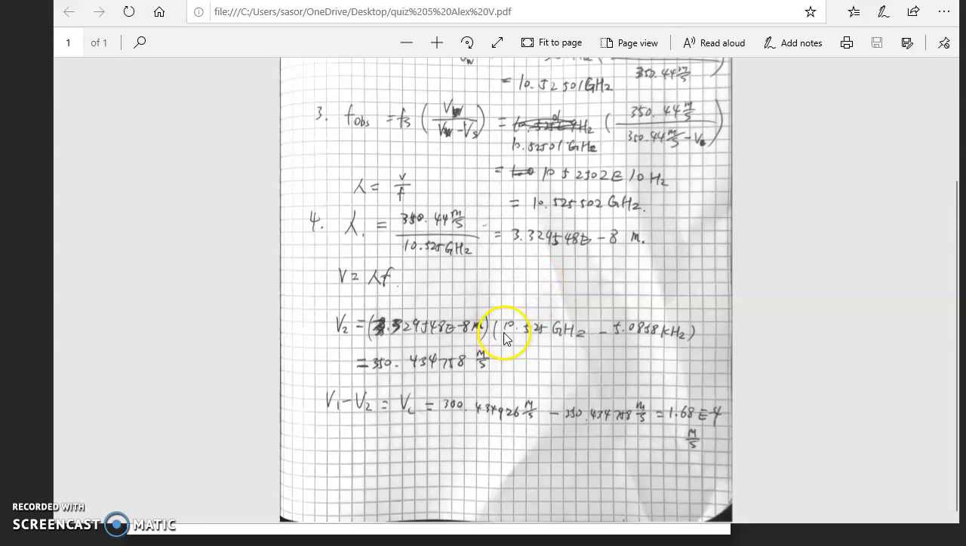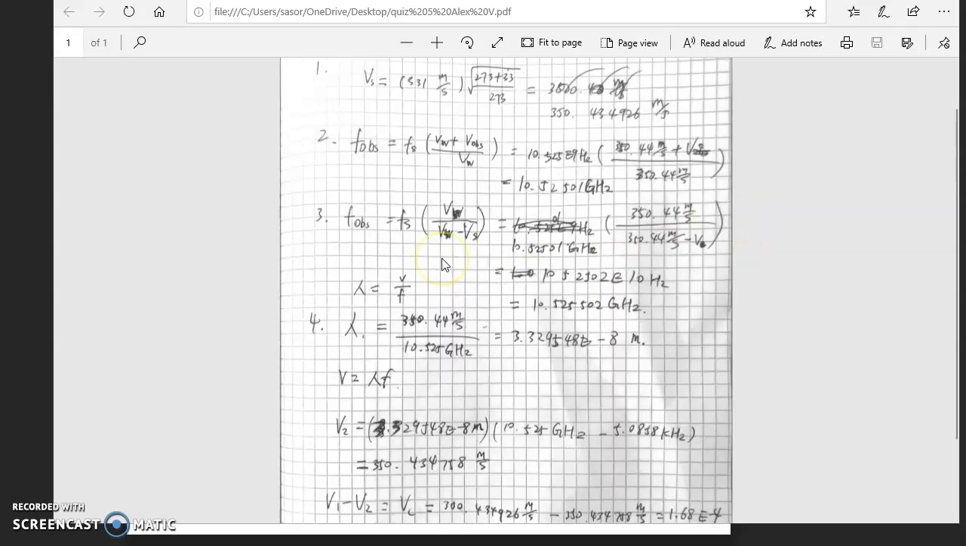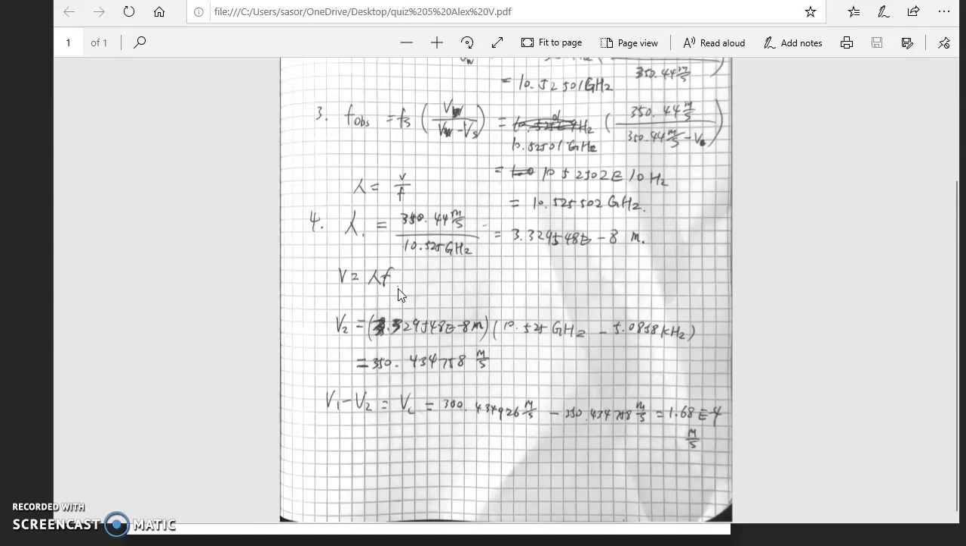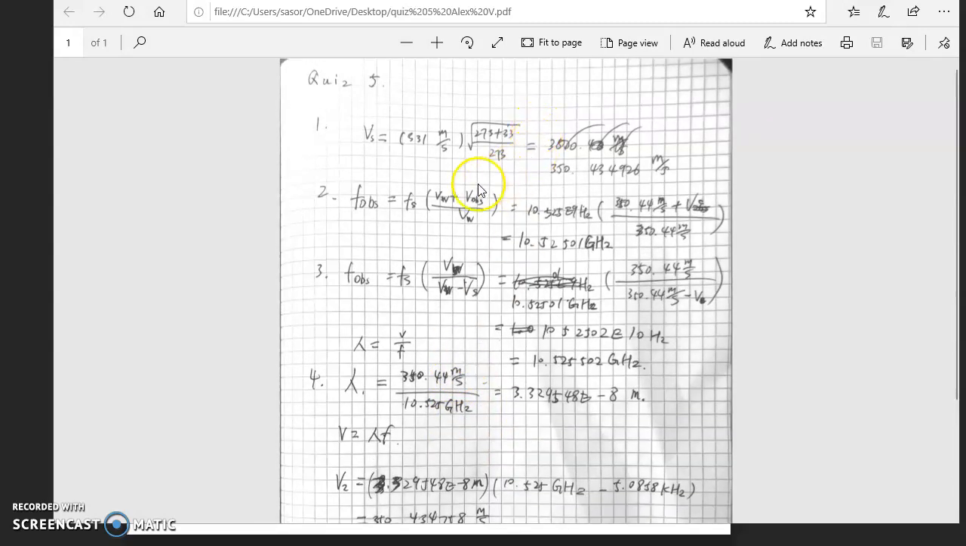In question 4, we're asked to find the speed of the vehicle that's moving towards the horn. Well, we know that would be the difference in the two sound wave travel speeds, which is v1 and v2, and the difference of that would be the moving vehicle. So we know v1 because at 33 degrees Celsius, which is this number,